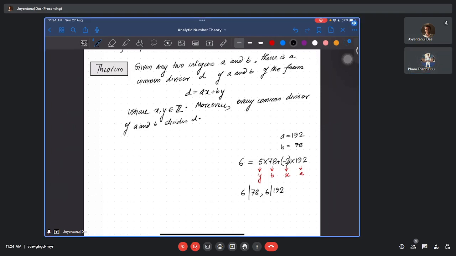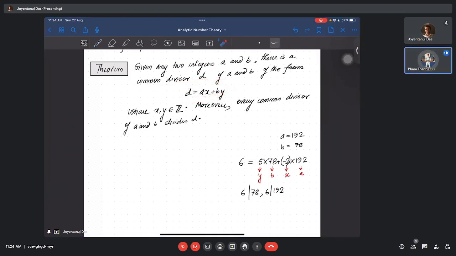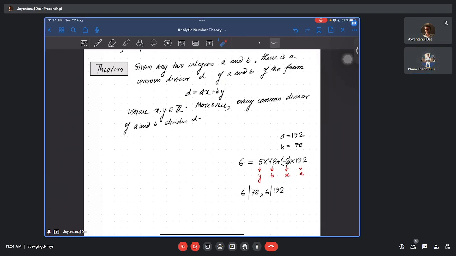Yes, so this is an example of the first part. I will find the common divisor. The first part is okay. So now the thing is, every common divisor